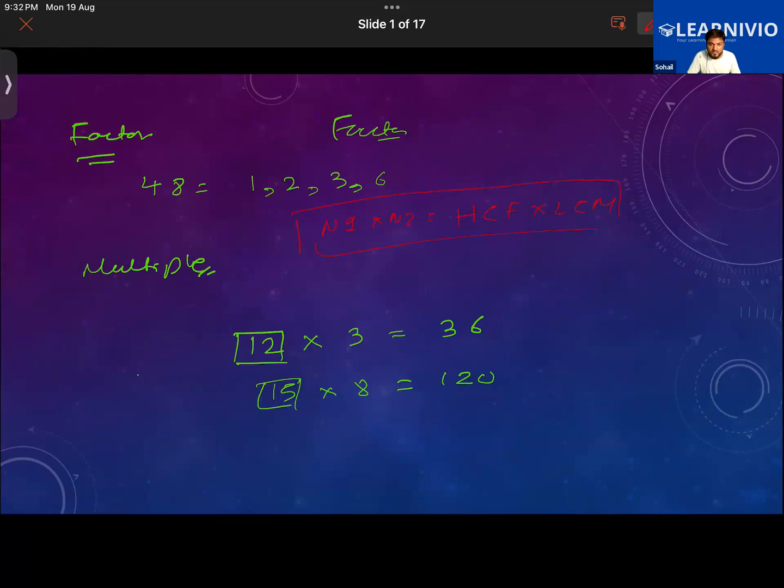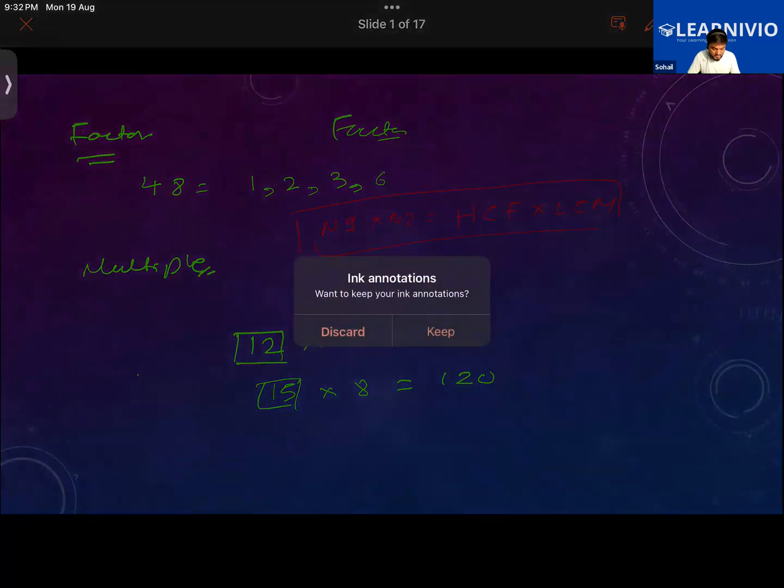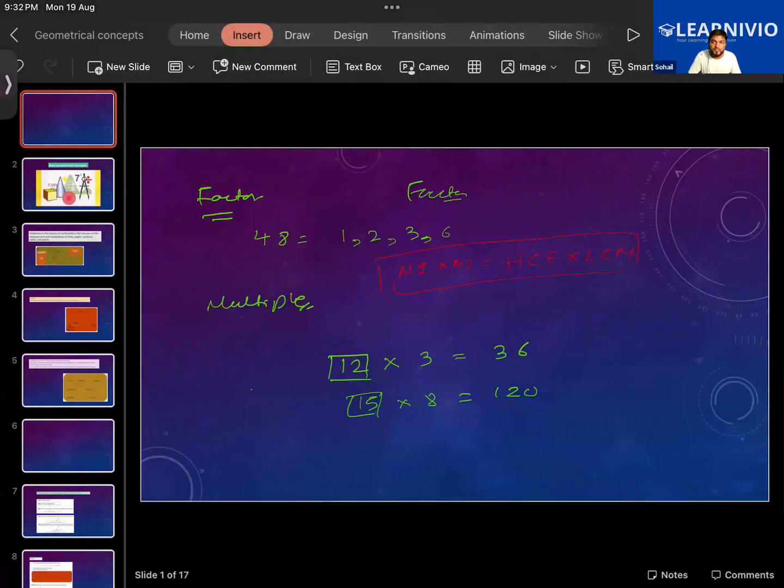Okay, yes. But one thing. I have learned this, but you told me the relation between two even numbers. I see the relationship between two given numbers and their HCF and